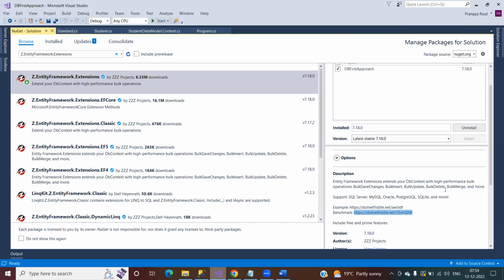Using those functions, you can perform the bulk operation very effectively, right? Now, using the same context class, the same context object, I can call this bulk insert, update, and delete method, right? How is this possible? This is possible because bulk insert, bulk save changes, bulk update, and bulk delete